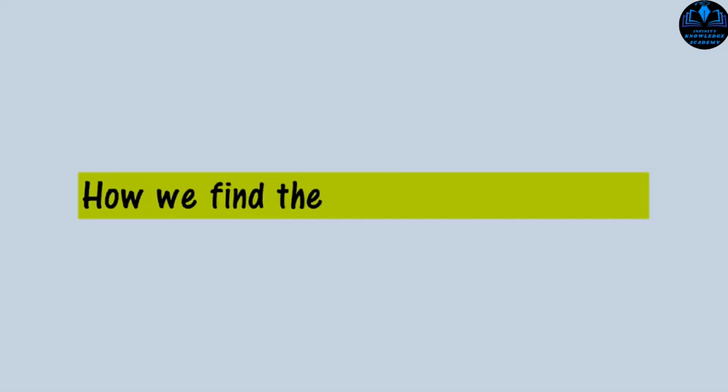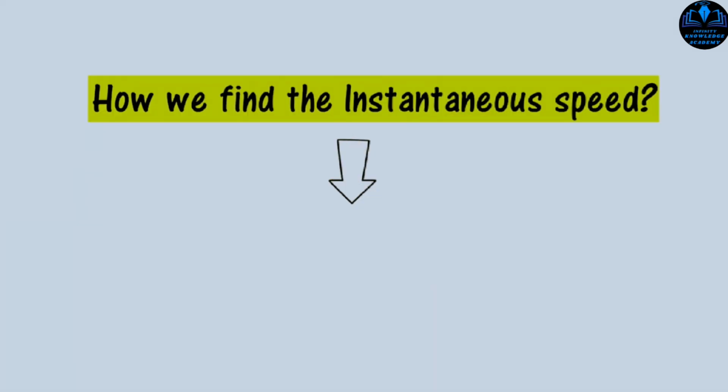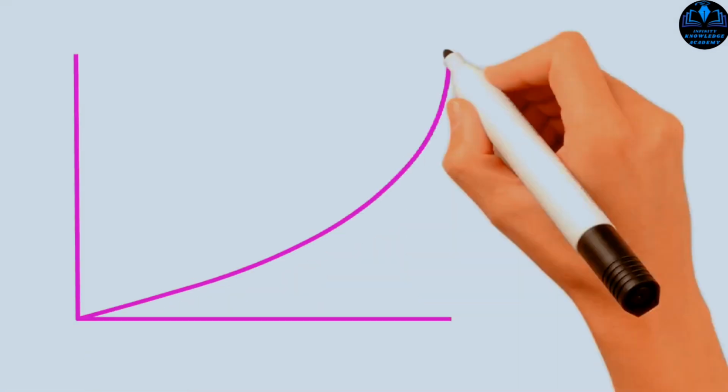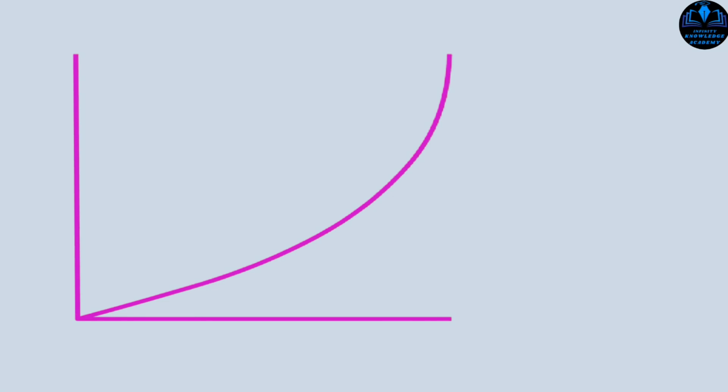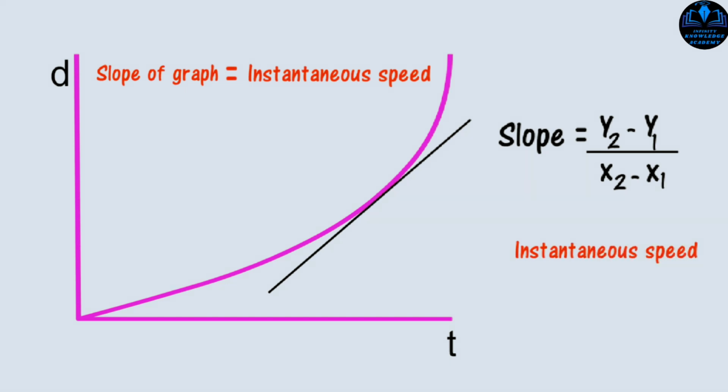Now, how do we find the instantaneous speed in non-uniform motion? To find the instantaneous speed in non-uniform motion, we draw a graph. Let me take distance along the y-axis and time along the x-axis, and this is the graph for the motion of a body. Now keep it in your mind, the slope of this graph will give me the instantaneous speed of the body. So y2 minus